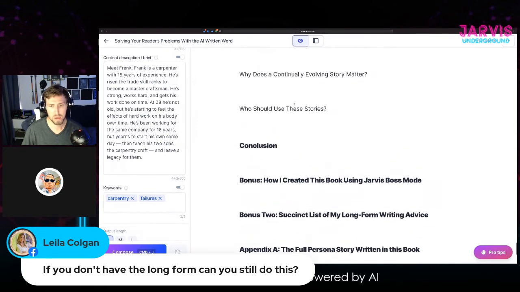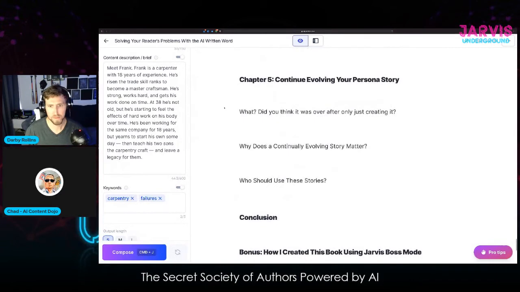So the key thing to remember is that this content brief can change, and it's your best friend when you're deep down into the content and you need to get a specific question answered. Turn this on, block off the context above it, and then it only works with this. And don't forget that the more topic rich, keyword rich the description is, the better. It doesn't have to be long.